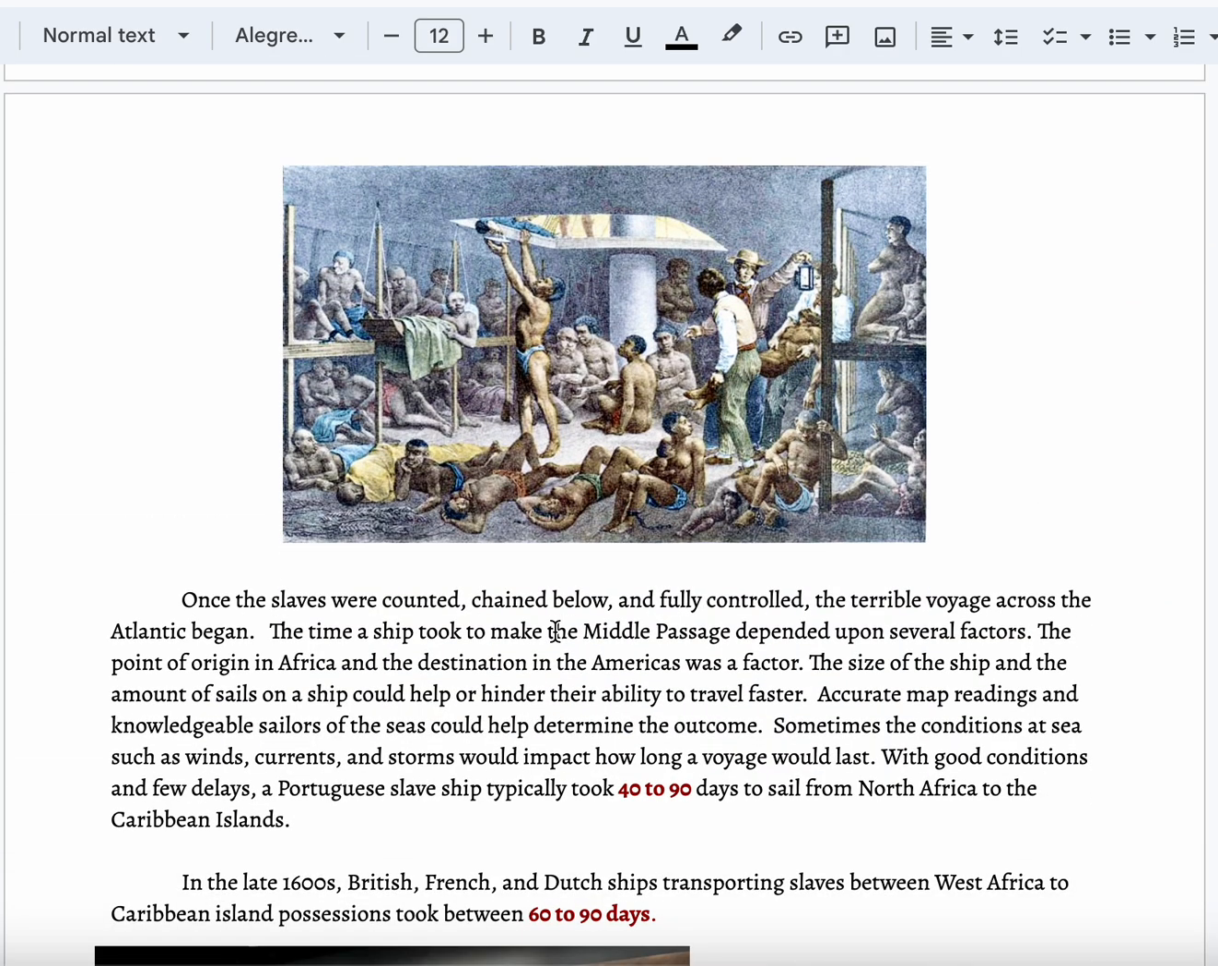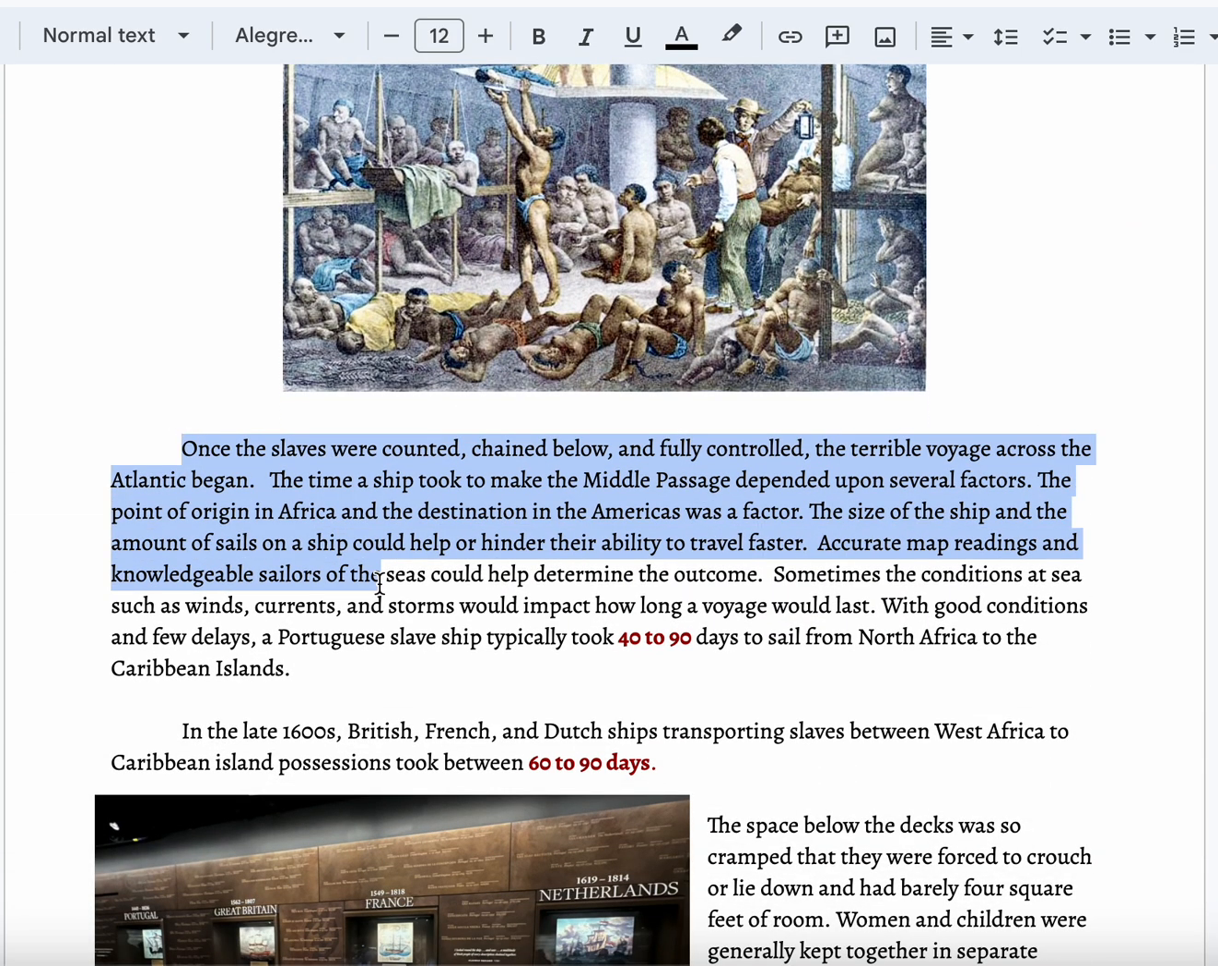And we'll read together a little bit of these details, but just to read this to you right now. Once the slaves were counted, chained below, and fully controlled, the terrible voyage across the Atlantic began. The time it took to make the Middle Passage depended upon several factors. The point of origin in Africa. If you were in a northern African nation, it probably took you less time. If you were in a southern African region, it probably took you a longer amount of time to make it